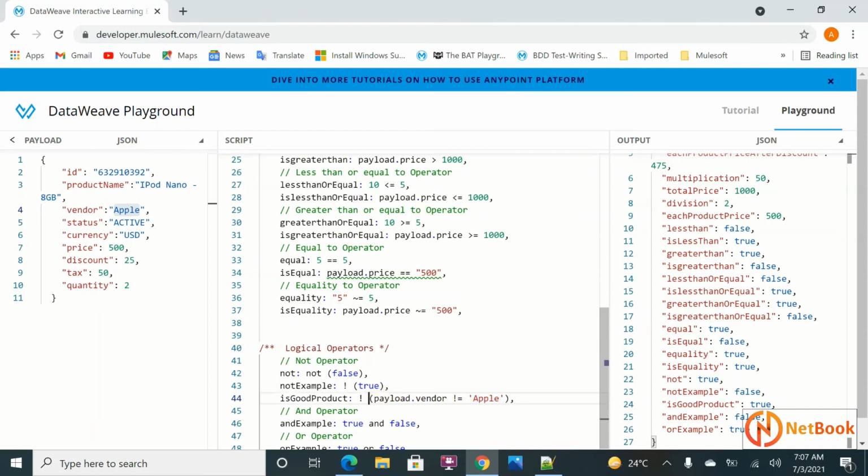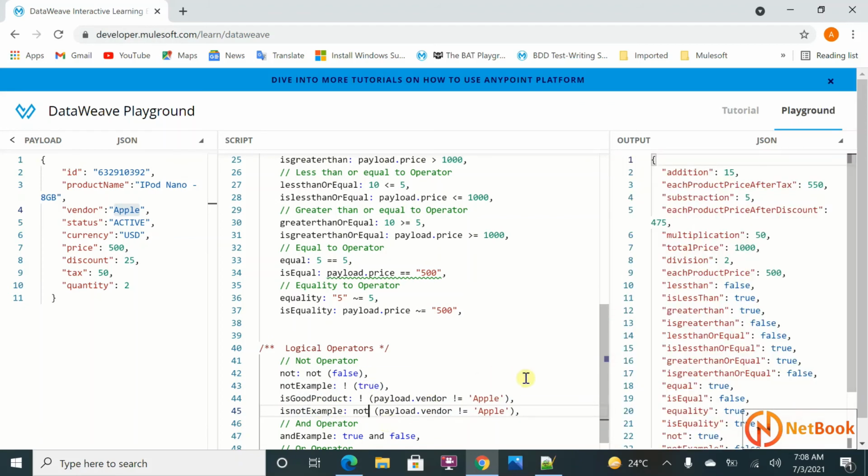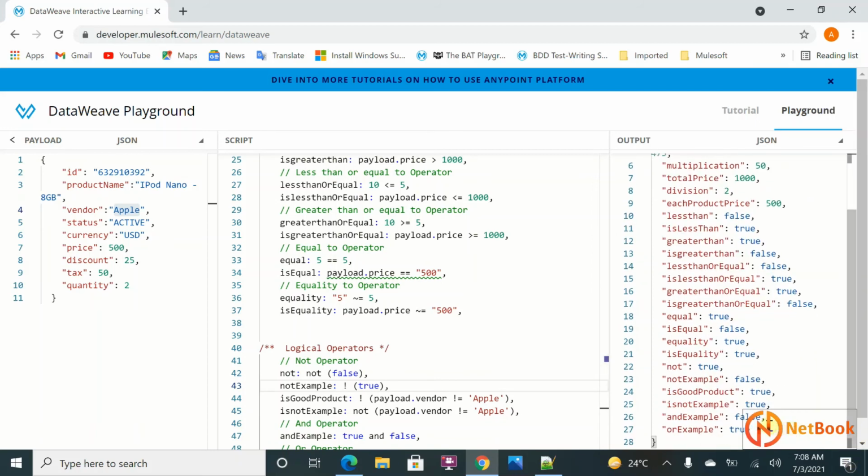But I'm using the not symbol over here, so it is going to convert into true as the complete output. That is how we can use it. Use the same thing, and instead of the not symbol, I'm going to put it as over here. Even this is also going to return true.